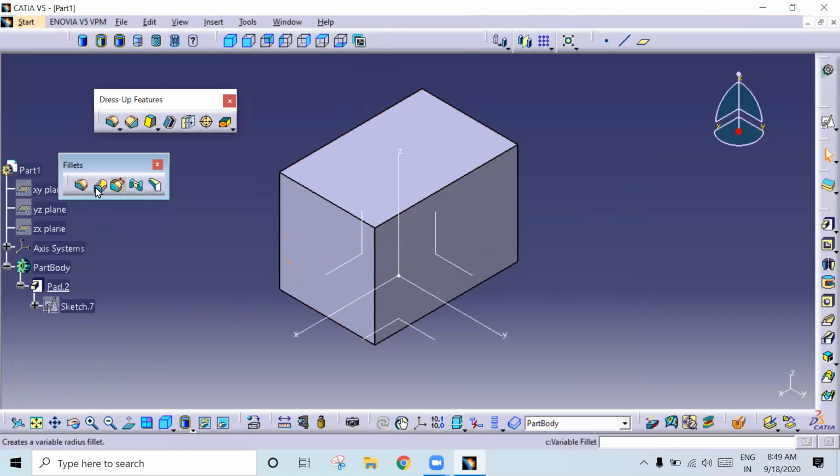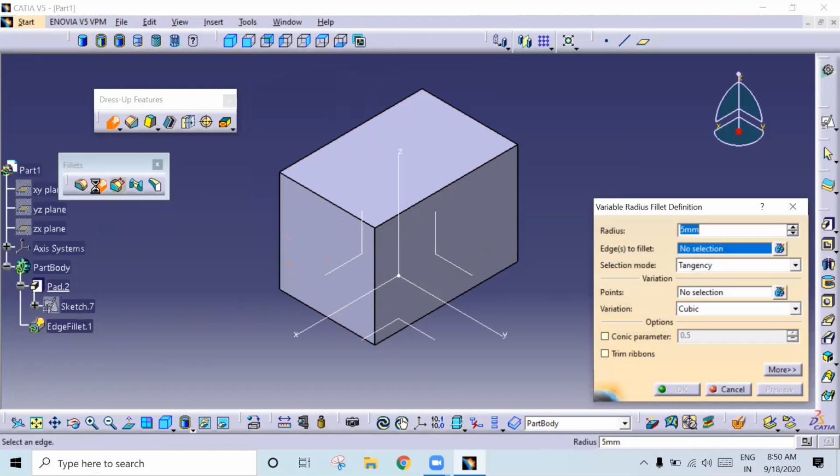Fine. So next we have variable radius fillets. We can vary the radius of the fillets. So how to vary? Select the variable radius fillet. Select the edge. So once you select the edge, you can give first radius as 10 or anything. Then here you have point, right? Click on this point. So if you want to vary at this edge, at this corner, you just select it 2 times. So 2 times you need to select. Then you give as 30. See now you observe. See how the variable radius fillet has been taken.